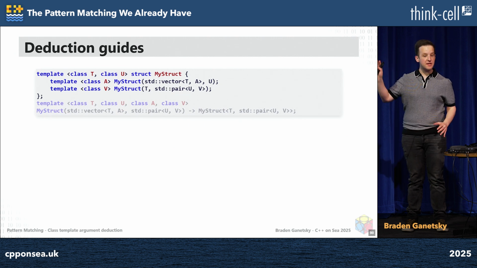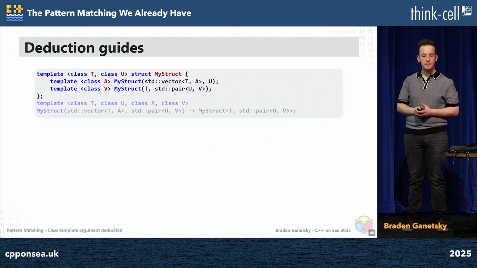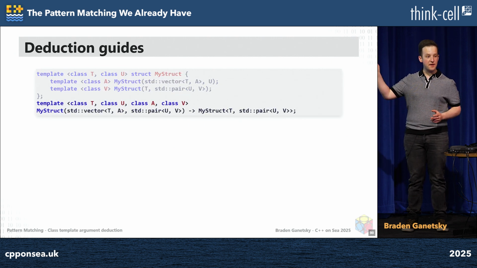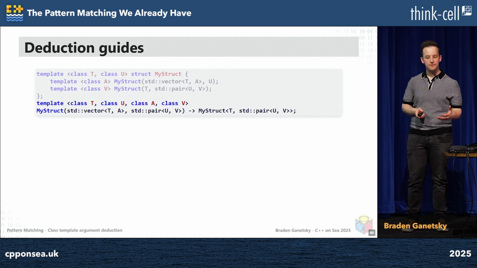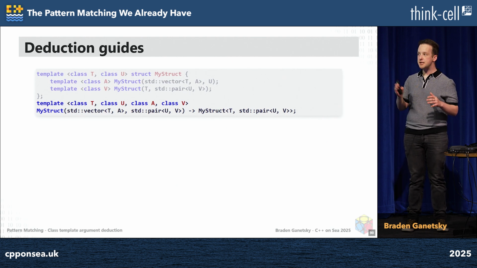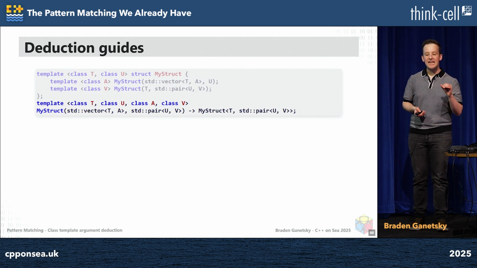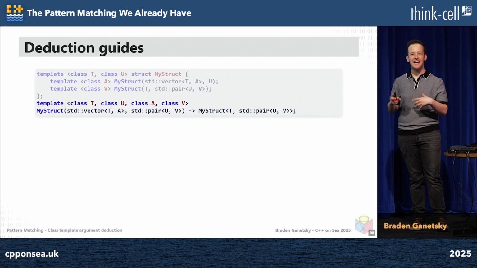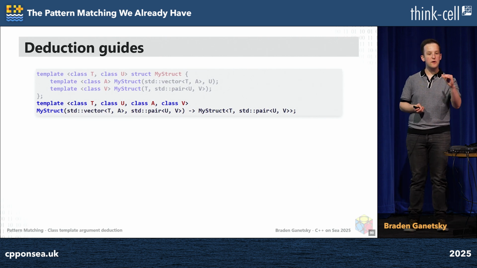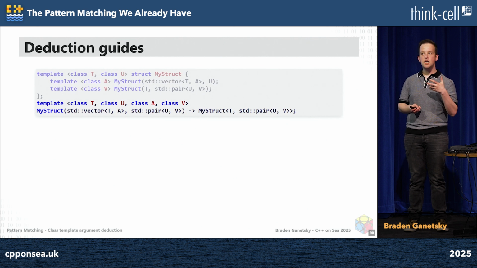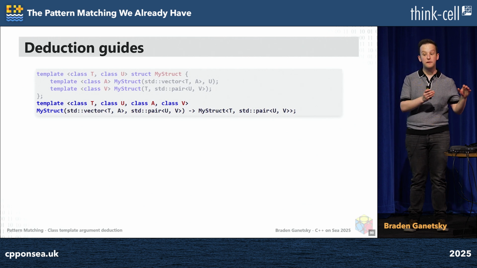This is the same struct. I have just squished it up for more screen space, and now I have created this new thing right here. This is a deduction guide. This deduction guide doesn't correspond to anything in the struct template. This just corresponds to something that I want to see. So I want to see if we take a vector and a pair, I would like to disambiguate. And I would like to make it as if we are calling the first constructor. I want it to spit out a type that will end up matching against the first constructor, or that will give the correct arguments for the first constructor.